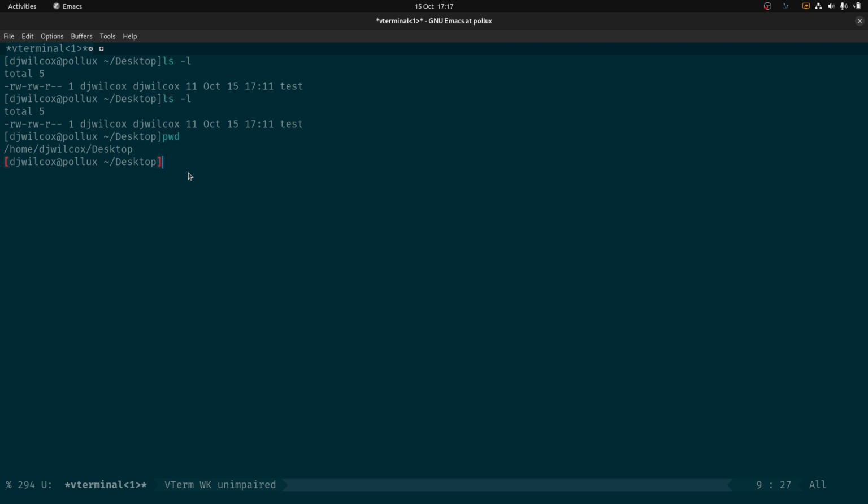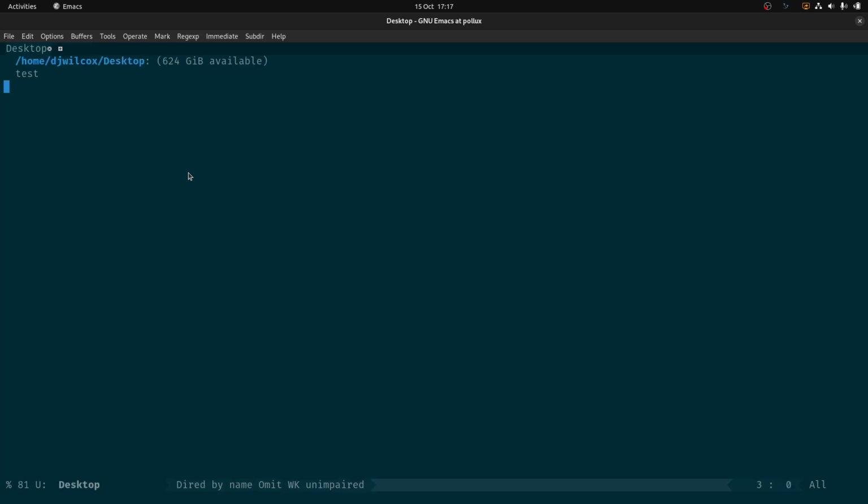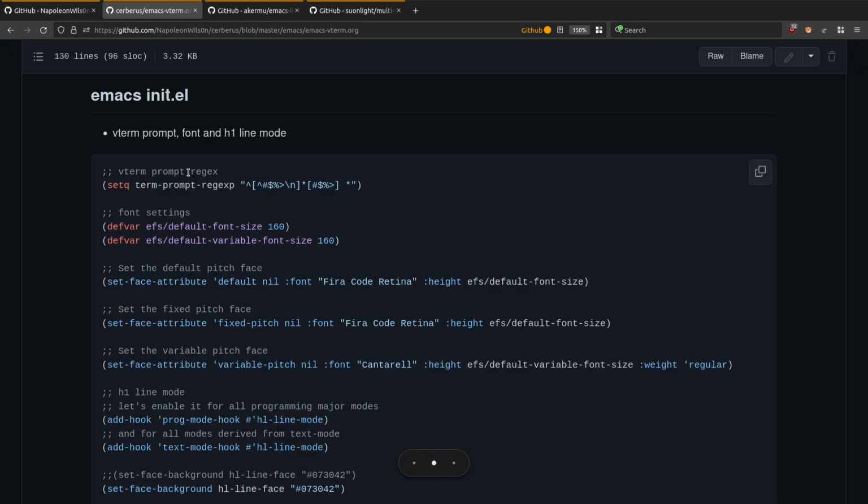The other thing there is, is directory tracking. Let me exit vterm. I'm on the desktop here, and as you see, when I open multi-vterm, it opens the terminal to the location of the current buffer. You could see in Dired I was in Desktop. So when I open vterm, it opens to that location, which is really convenient. And that's basically directory and prompt tracking,